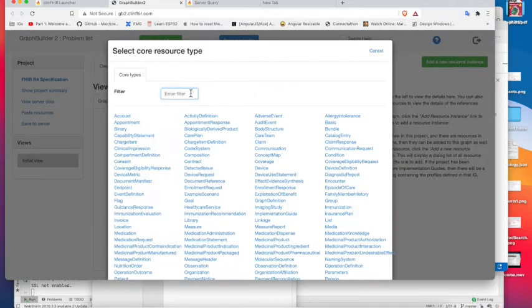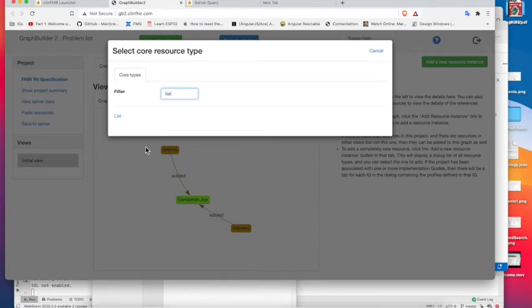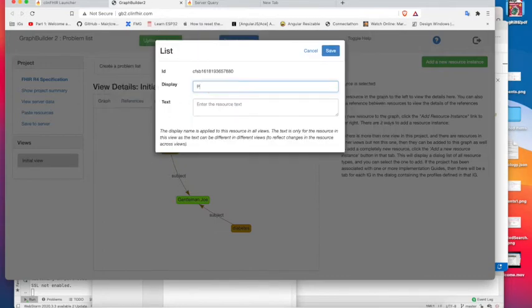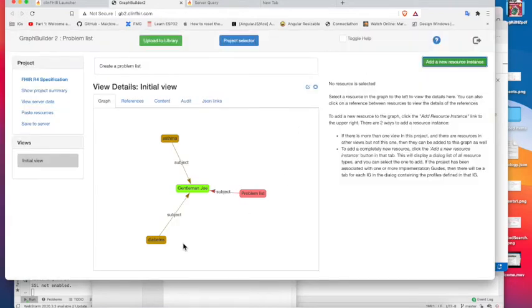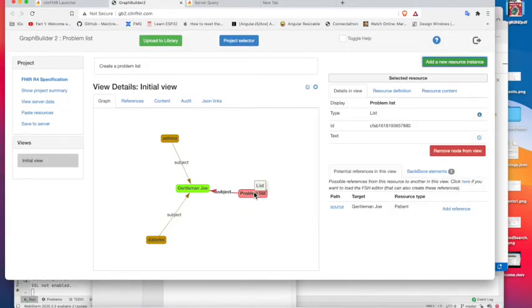Again, we add a new resource. This time it's a list. It's going to be a problem list. And again the list is added to, or is connected to, the patient. But now what we want to do is create a link from the list resource to the condition resources, and to do that we first select the resource in our graph, and then over to the right